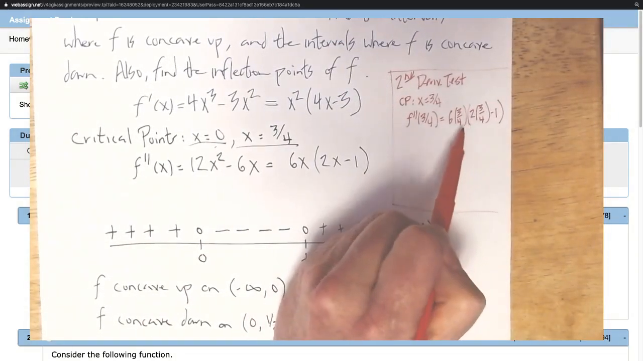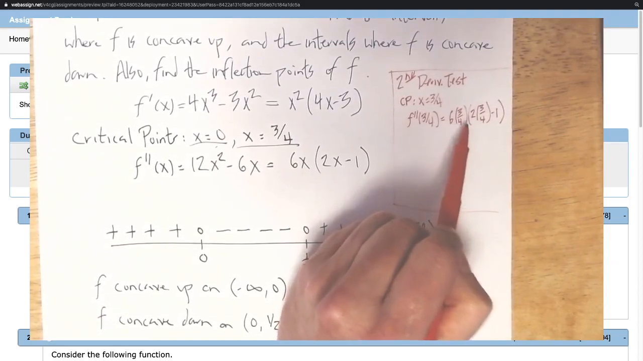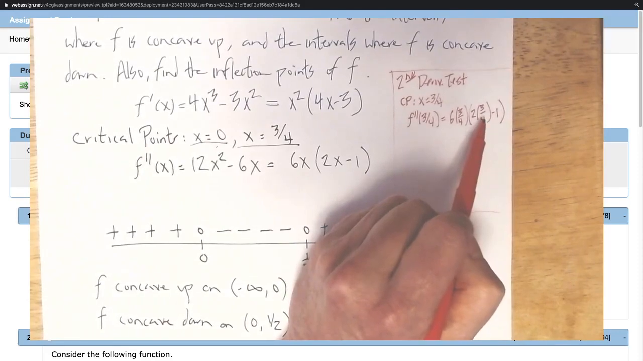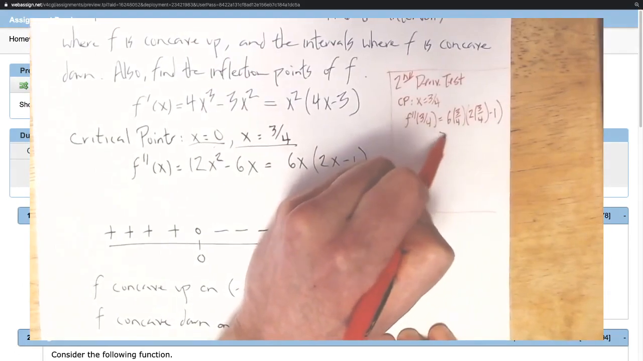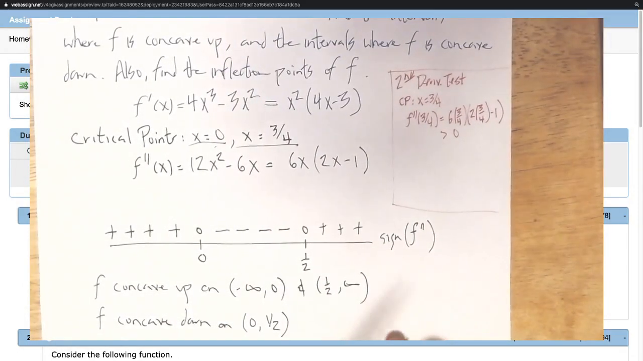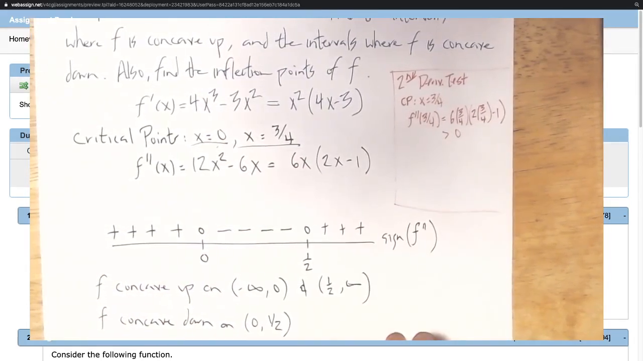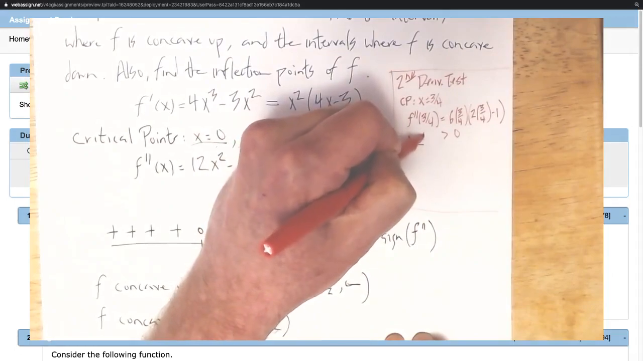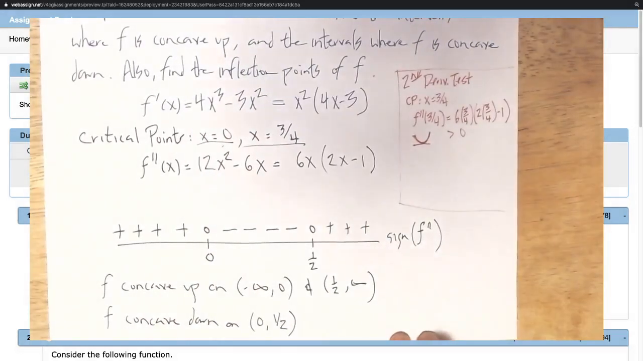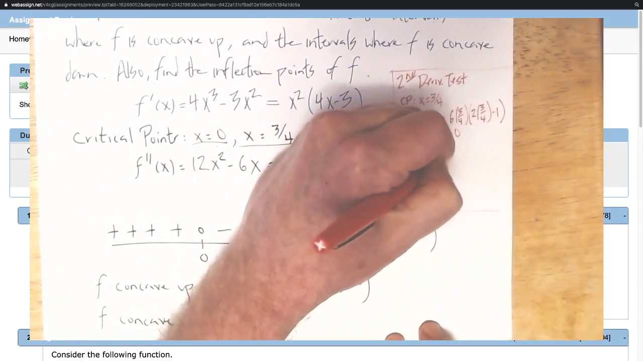What you see is that you could work this out, of course, but the point is that this is going to be a positive number because 6 times 3/4 is positive, and then 2 times 3/4 is bigger than 1, and then you subtract 1 from that, it's still positive. So this number is positive. So at 3/4 we have a flat tangent line and we're concave up. So imagine that: flat tangent line, concave up. That means that x equals 3/4 has to be a relative min. So x equals 3/4